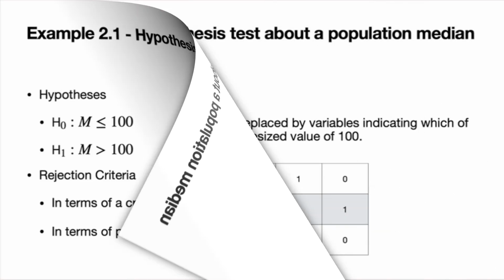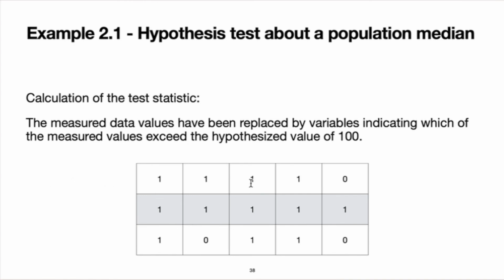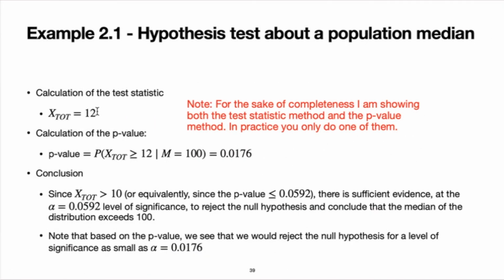What I've done here is I've replaced the actual y values by the x values. Remember, x is an indicator variable. It's 1 if the particular y value is greater than the hypothesized value, in this case 100, right? And 0 otherwise. And so we see that we've converted the y values into our x indicator variables. All right, and so it looks like we've got 12 y values in the original sample that exceed the hypothesized value of 100. So the test statistic X tote is equal to 12,